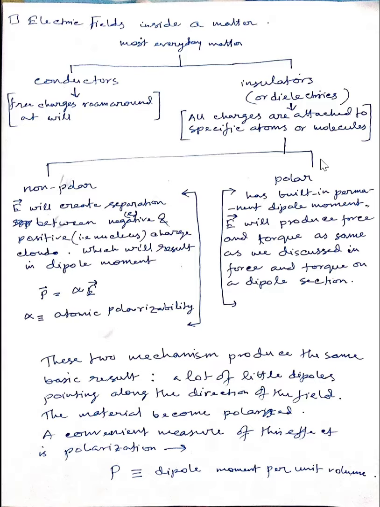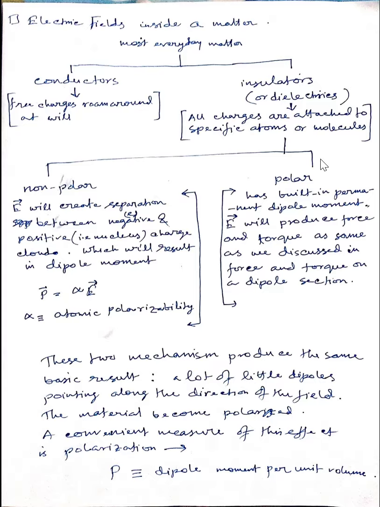Suppose I talk about a water molecule. You already know that a water molecule has a permanent dipole moment. So for something which is non-polar, like, I think, carbon dioxide. Okay, or any other non-polar molecule or atom you think about,